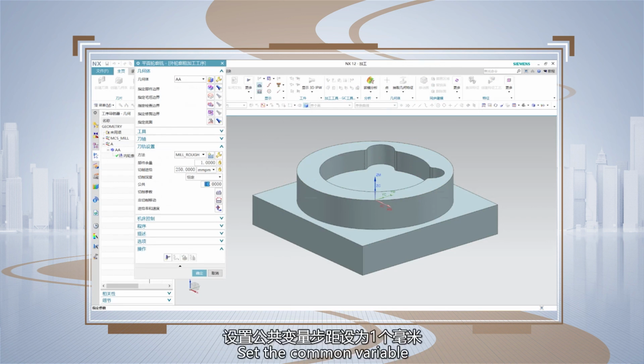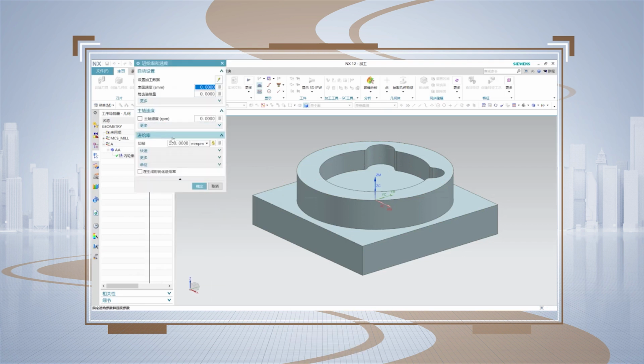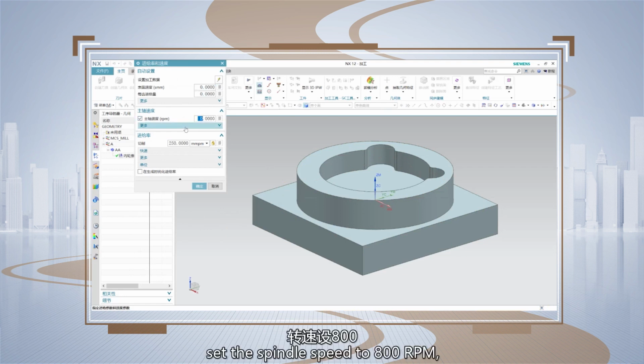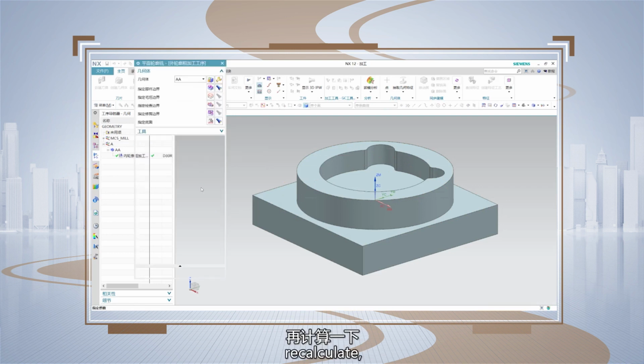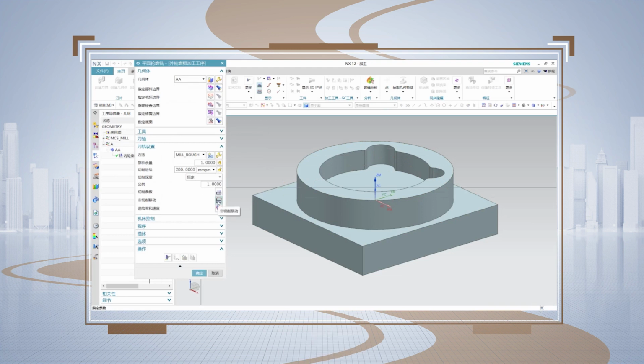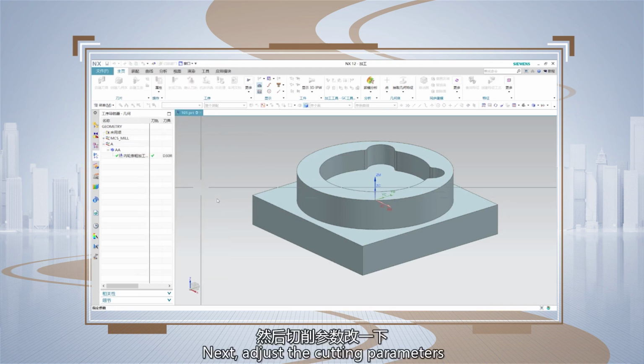Set the common variable step over to 1 mm. Click on Cutting Speed. Set the spindle speed to 800 RPM. Feed rate 200 mm per minute. Recalculate and click OK. Next, adjust the cutting parameters